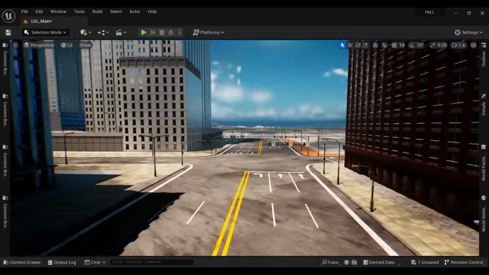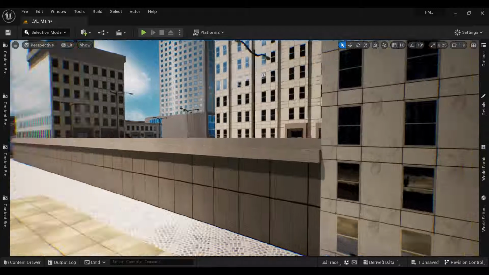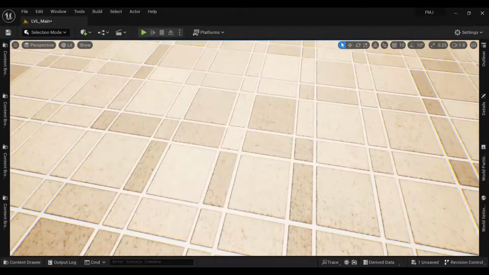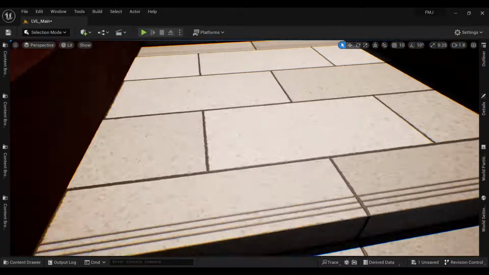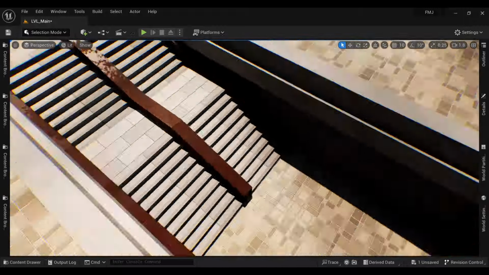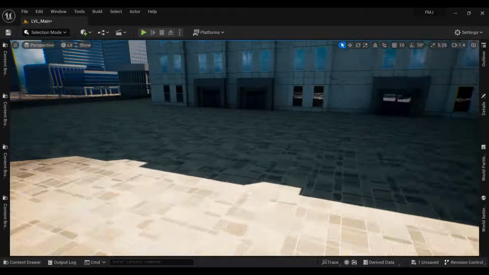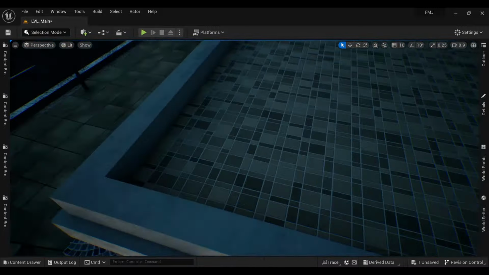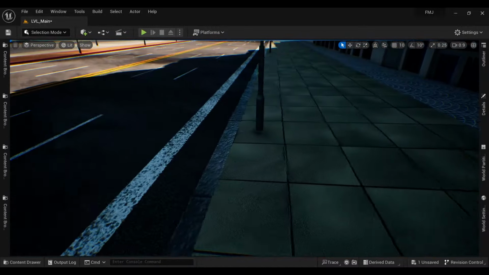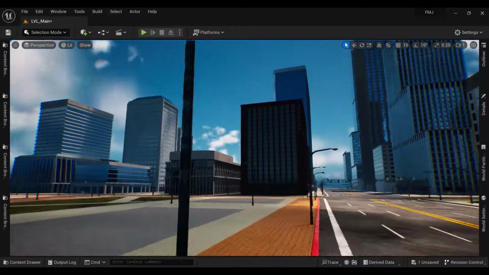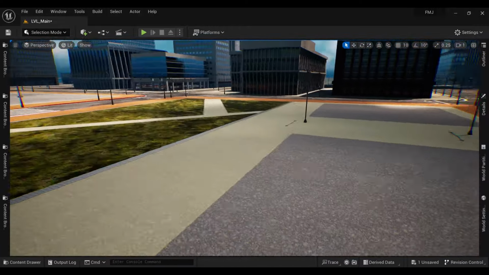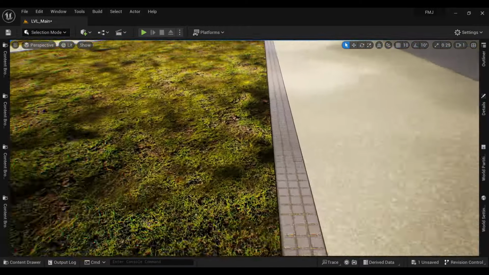And I got different textures for the tiles. I got textures for the stairs. Different tiles for different areas. I spent quite a lot of time making textures. They're mostly done in Substance Designer,